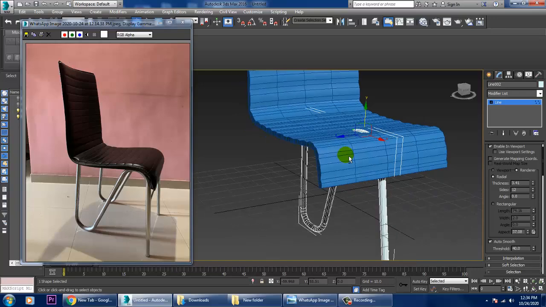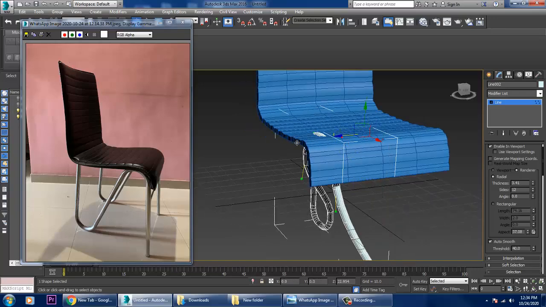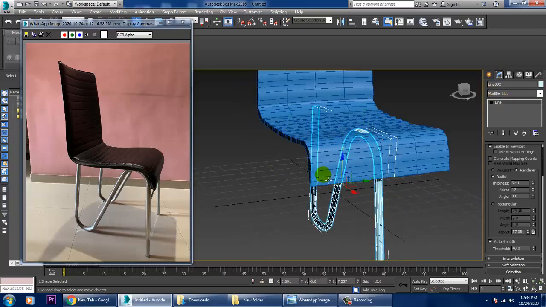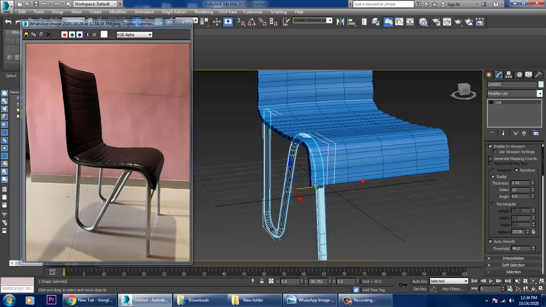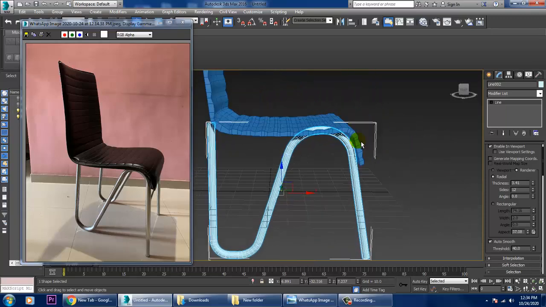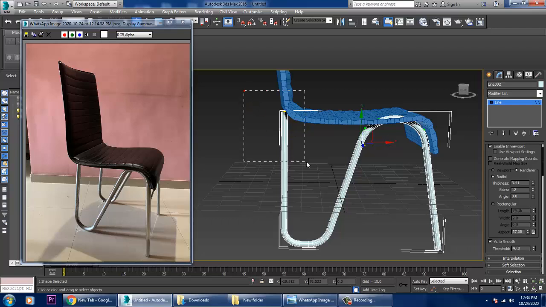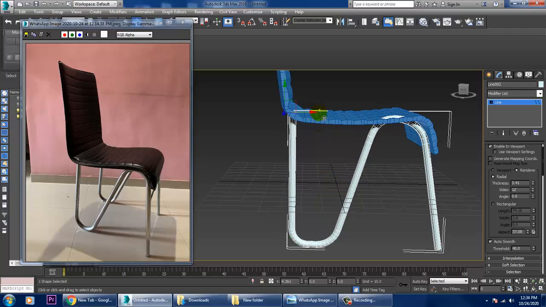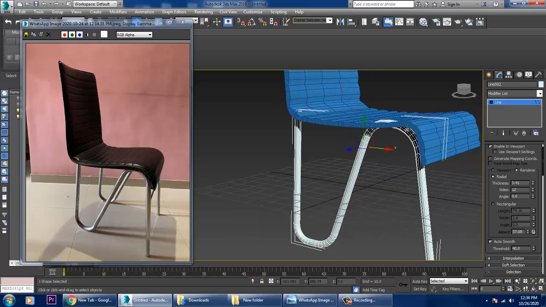I can just come out of it and place it over here. Select this, just drag it. Slightly you can push it inside in this way.